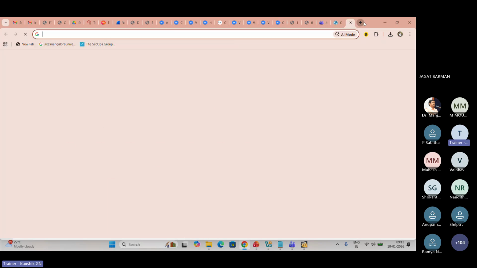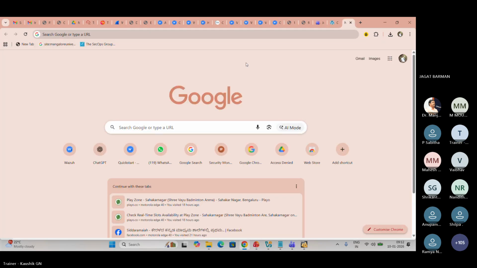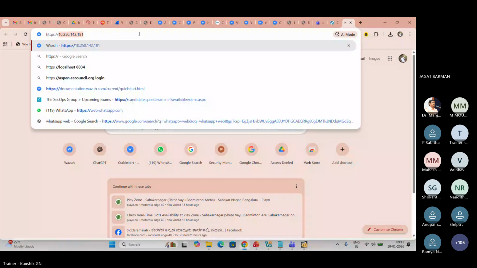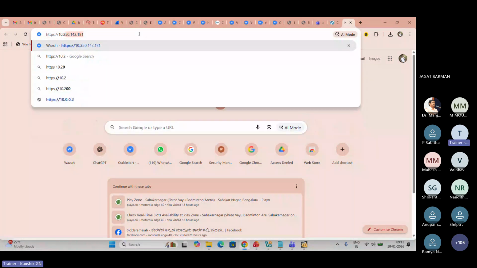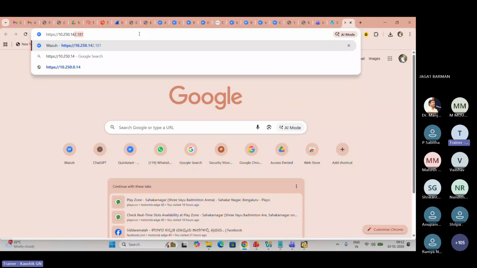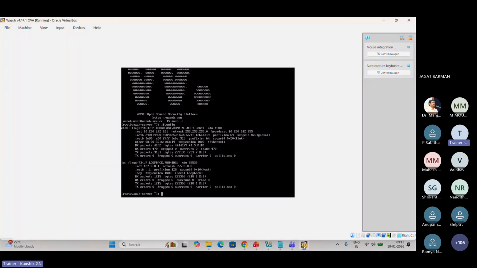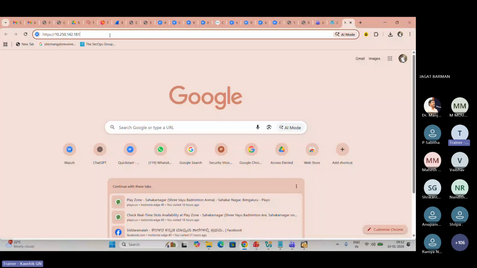So go to http://10.250.142.181. Don't copy and paste this IP address. Check your own system's IP address, then copy and paste it. Yes, http.